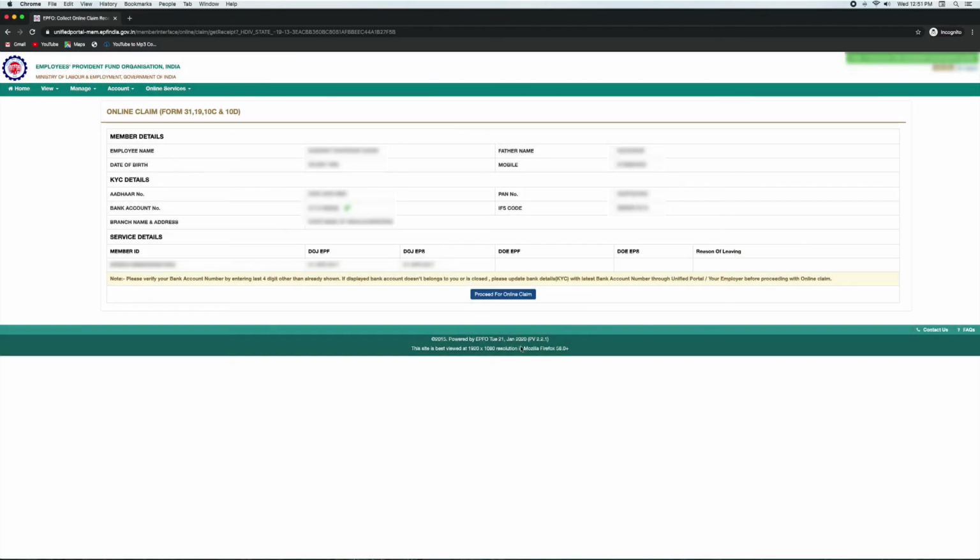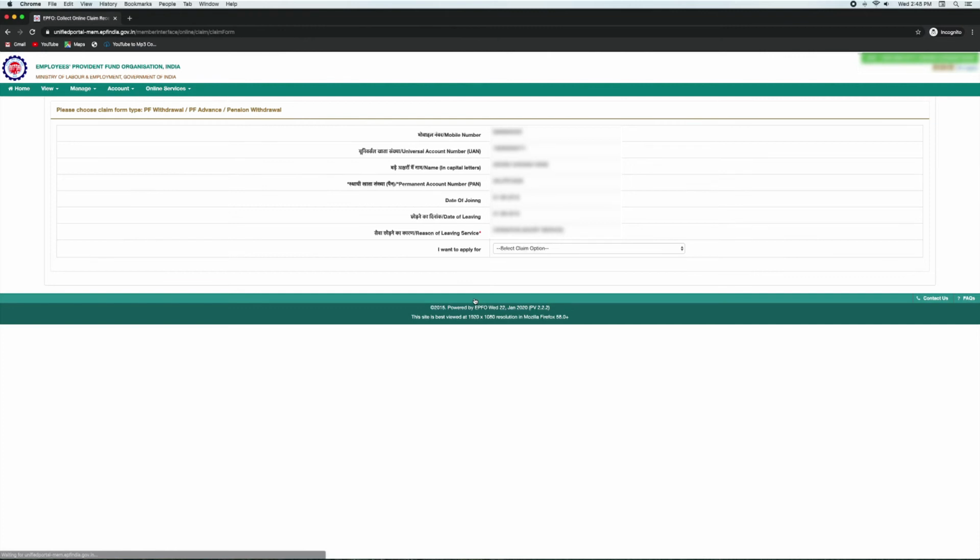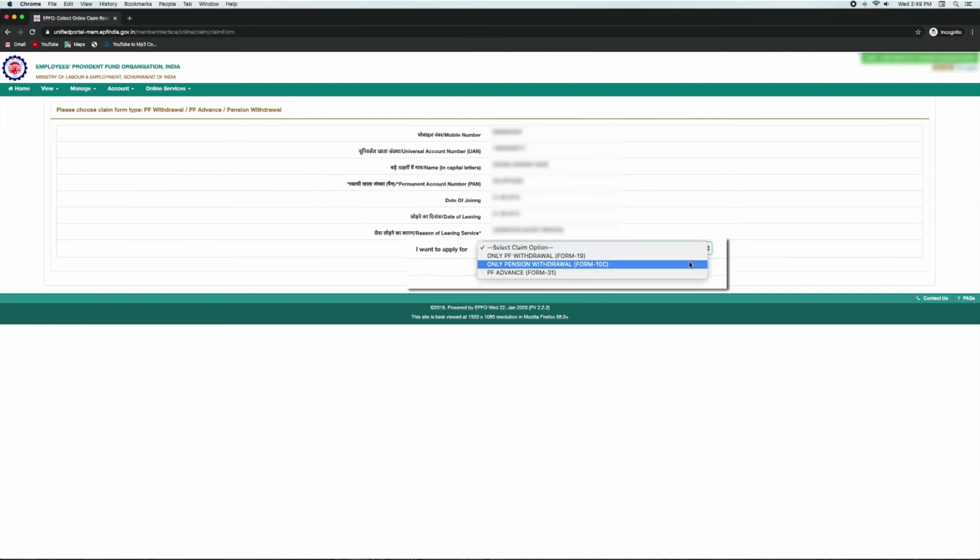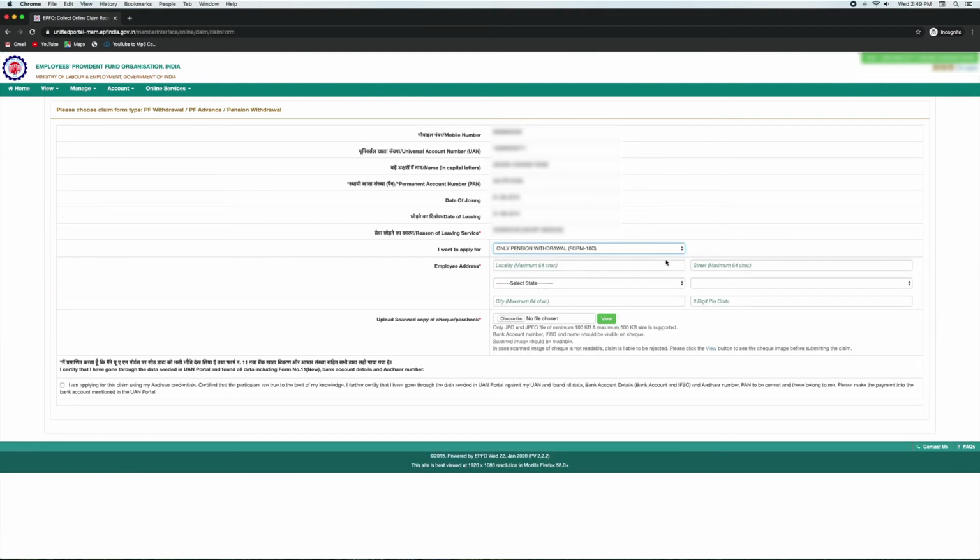You are supposed to read and understand it completely. If you agree upon it, click Yes. Otherwise, click the No option. After clicking on the Yes option, next you will have to click on Proceed for Online Claim option, appearing on the page. After clicking on it, on that page you will have to select Only Pension Withdrawal Form 10C for Withdrawal option from I Want to Apply for option.